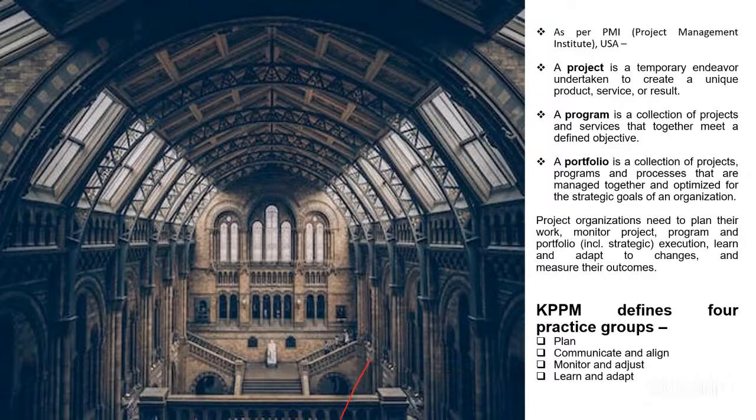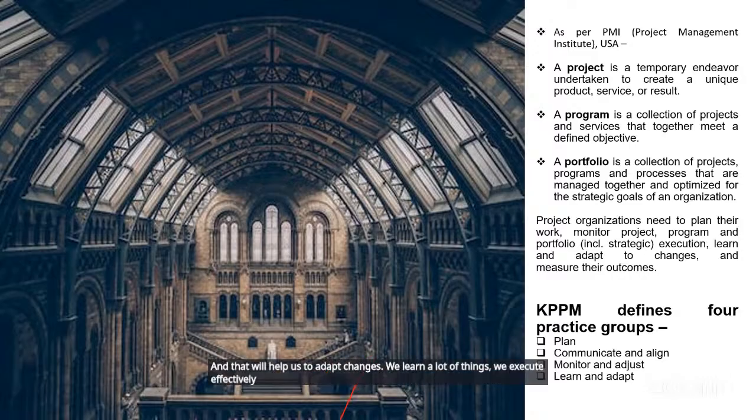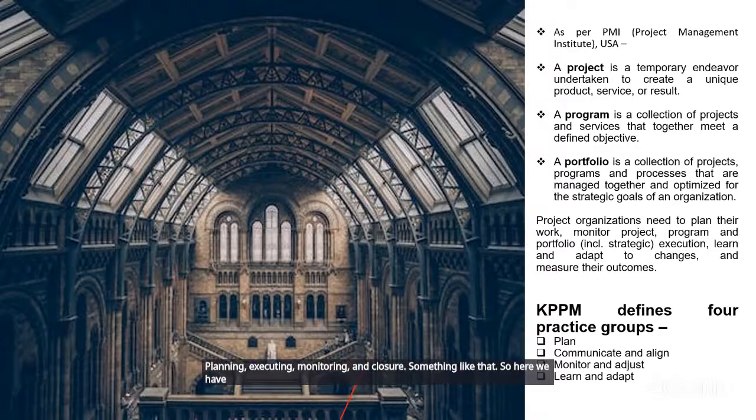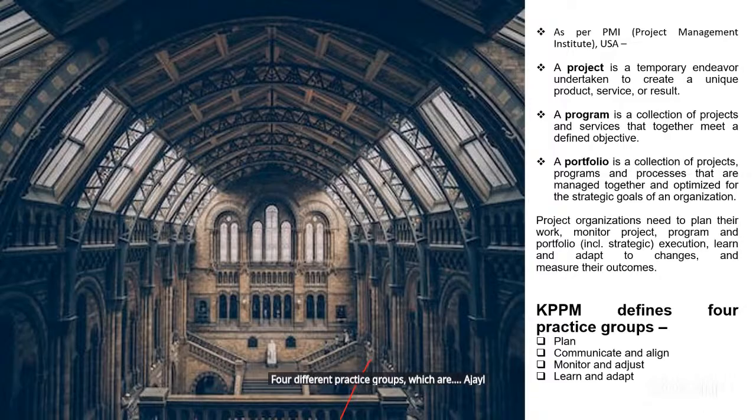And that will help us to adapt changes. We learn a lot of things, we execute effectively, and we measure the output. So in order to do that, KPPM has defined 4 practice groups. One is called the planning group, one is called communicate group, one is called monitor and adjust, one is learn and adapt. These are similar to your PMI, project management professional groups, initiating, planning, executing, monitoring, and closure, something like that. So here we have 4 different practice groups, which are agile, adaptive, and focused on